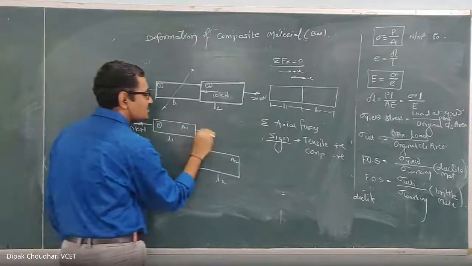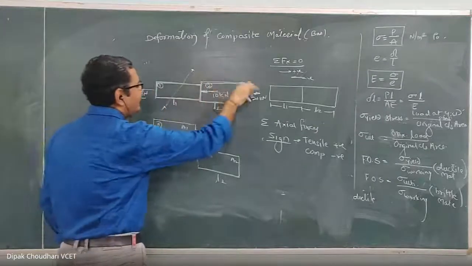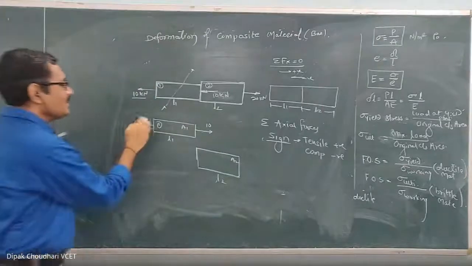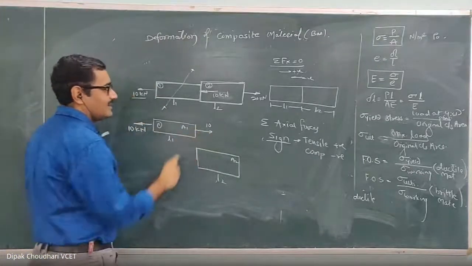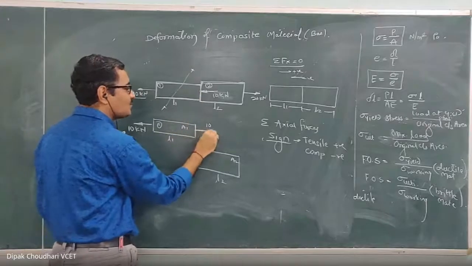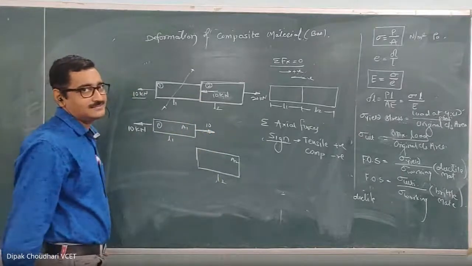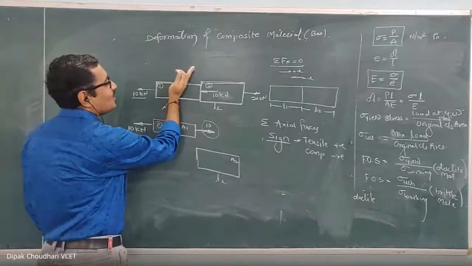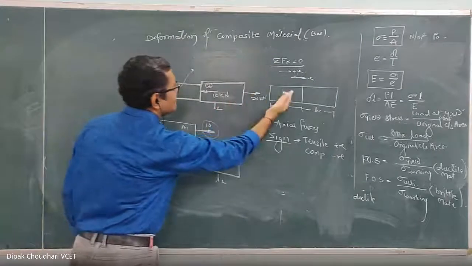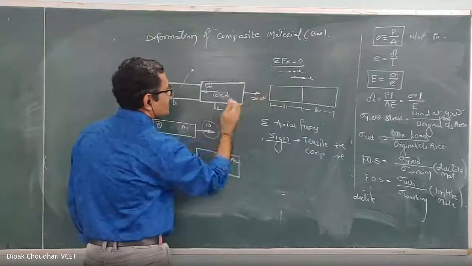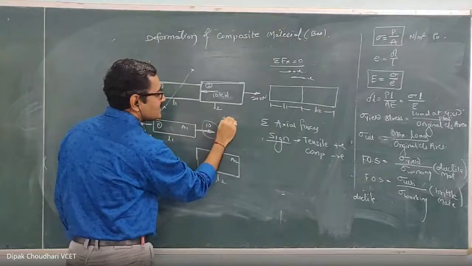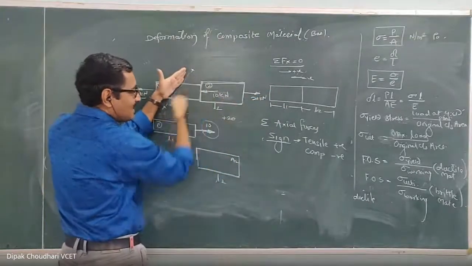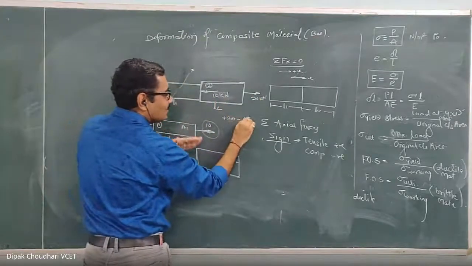And to balance this, here should also be tensile, because since the entire rod is in equilibrium, each and every part must be in equilibrium. So to balance this 10 kilonewton, at this intermediate point also you have to show one force 10 kilonewton towards right. Or this 10 kilonewton you can get by taking the algebraic summation of the forces on right side of this section. If I take the forces on right side of the section, this is tensile force, so plus 20, with respect to this section it is acting away, so it is tensile. With respect to this section, it is acting towards, so it is compressive, so it is minus.